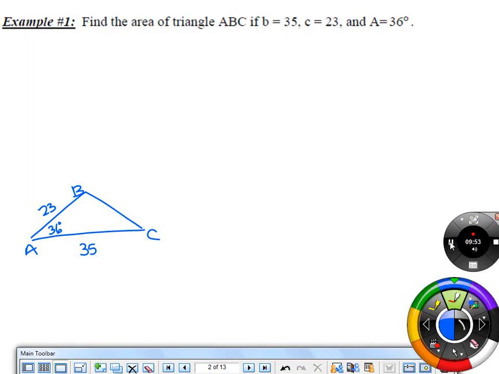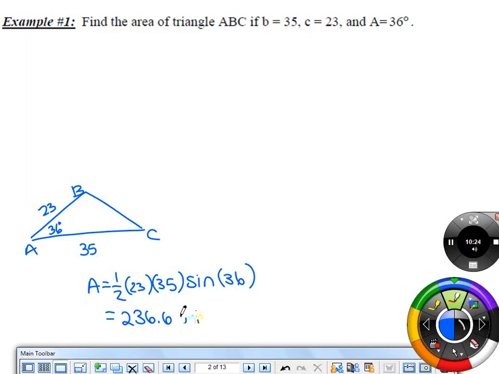All right, please write 236.6. Looks good. So our area was 1/2, and then I knew it was two side lengths. You don't have to memorize it like this. This is what I do. We all know my memory sucks, okay? So I just know two sides and an angle, and the angle has to be the angle between the two sides. That way I don't have to memorize A, B, and C, A, C, and B, whatever, okay? So here the two sides are 23 and 35, and the angle between them is 36. And then if we type all that into the calculator,